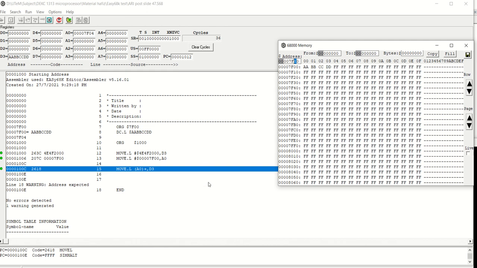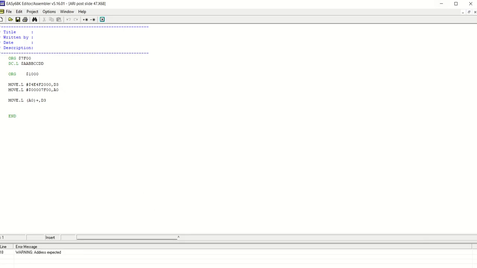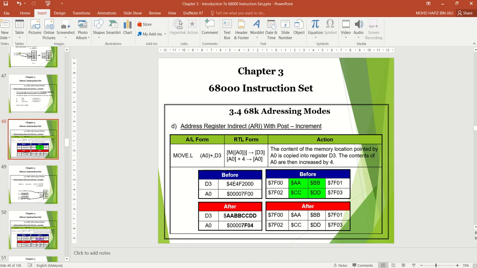In order to make it easy to understand, you need to execute the instruction line by line, and try to understand the movement of the data. Next, we try to speed up a bit.